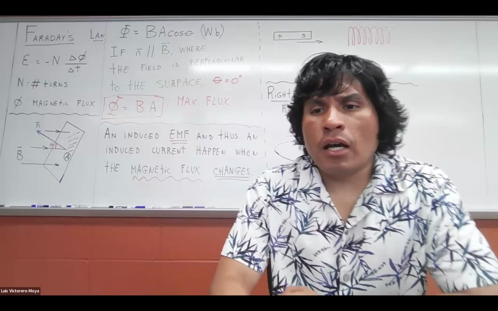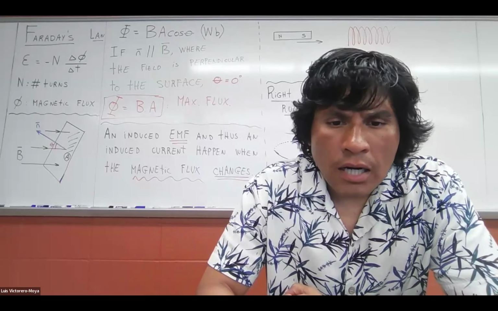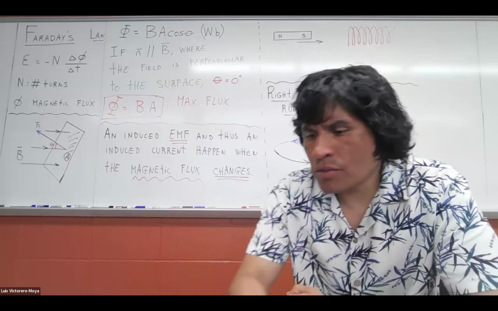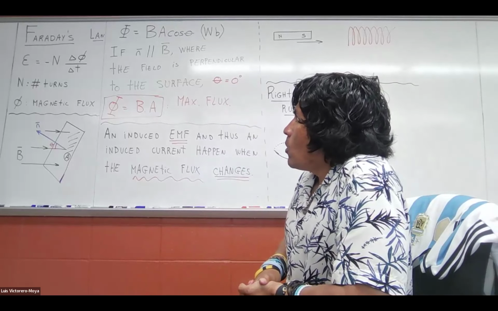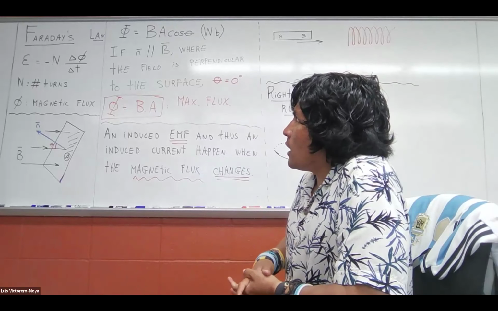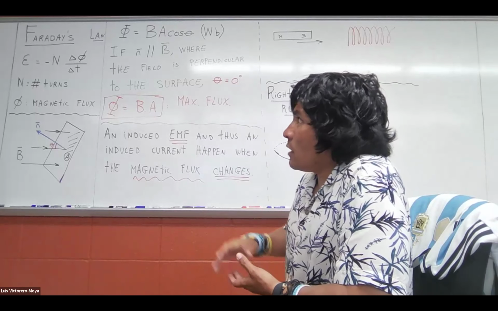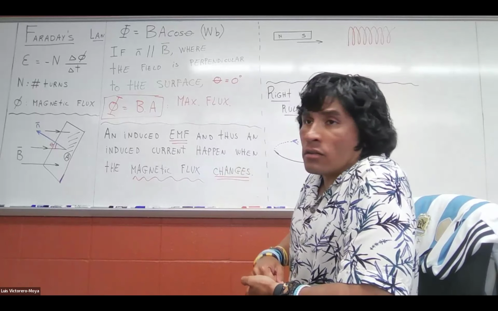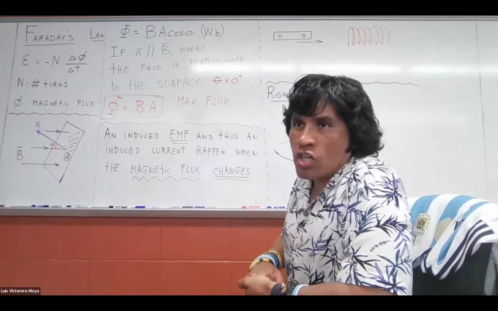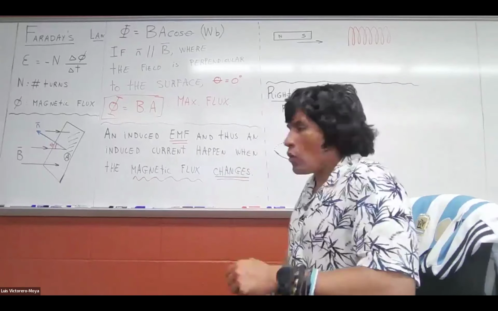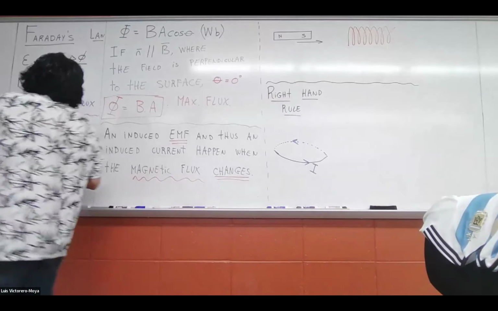So today we're gonna continue with the study of induction, Faraday's law. The equation I introduced last class is written on the board. Faraday's law states that an induced EMF is equal to negative the number of turns in a coil multiplied by the rate of change of the magnetic flux. So the magnetic flux, the variable is this phi,